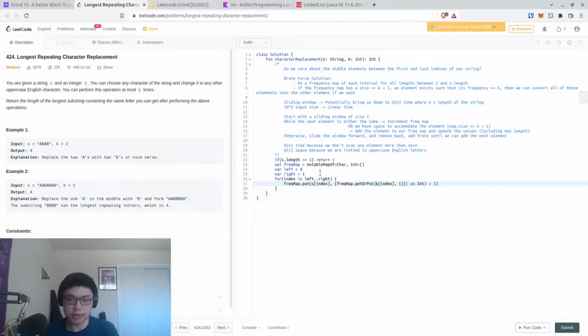So get or put, so we either get the value or we put a value of 0 in there actually, and then we add 1 to it. So we set up our frequency map, and then we can say while right is less than s.length,